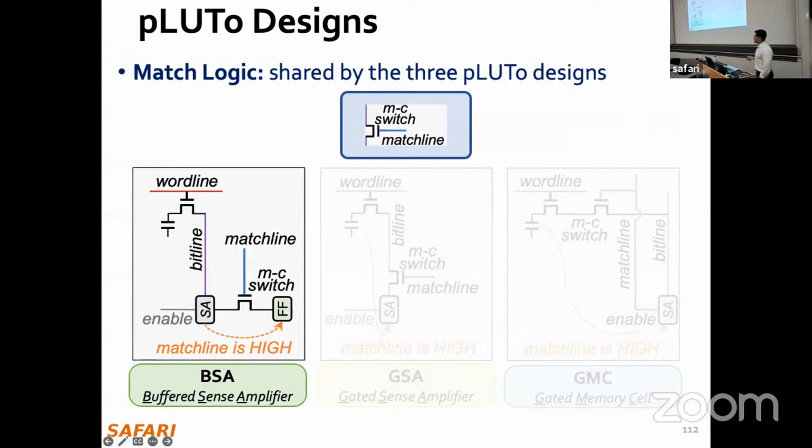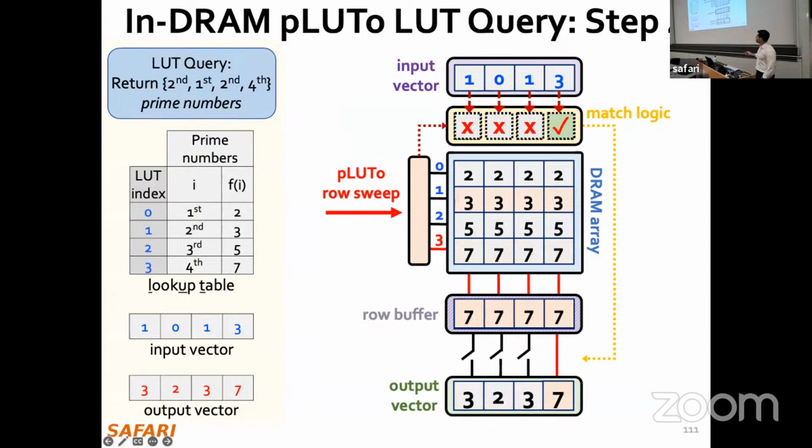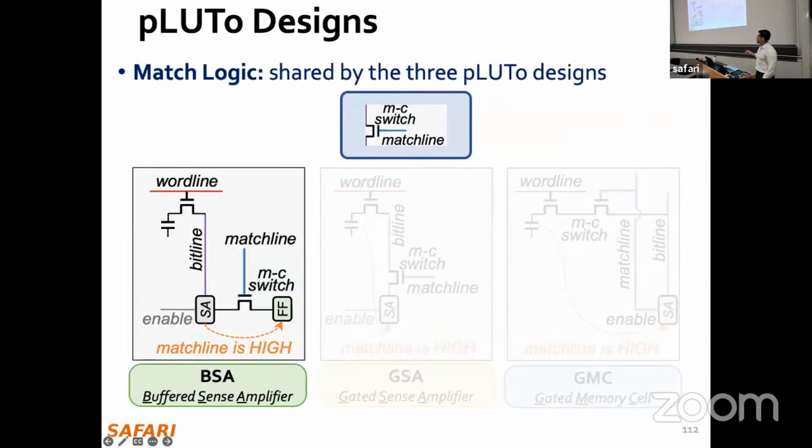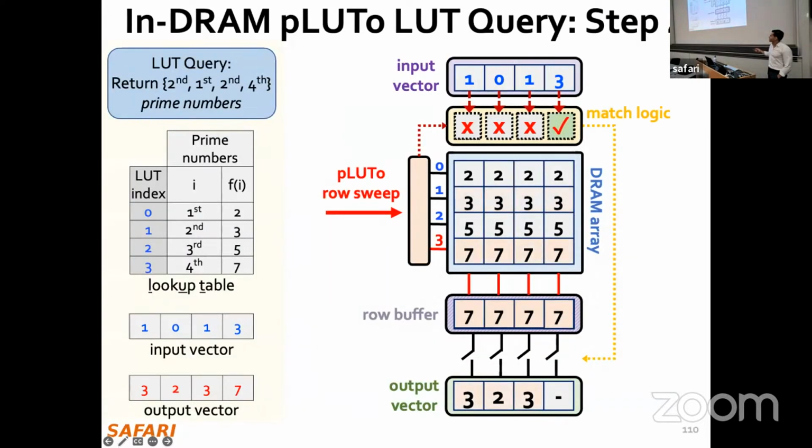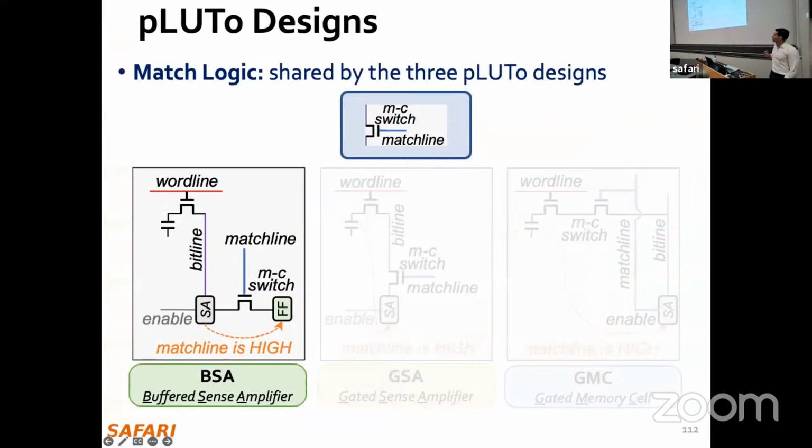The first implementation is what we call the buffer sense amplifier design, which is exactly what I just mentioned in this example here. It's going to use some auxiliary data to store the temporary data as I progress across the different rows in the output vector. So this is just some extra flip-flop that, when I'm asserting one particular row, I'm storing the matches. So here, for example, 7 here in that particular flip-flop. And after the computation is done, I copy that data in that flip-flop to the output vector. So this is one design.